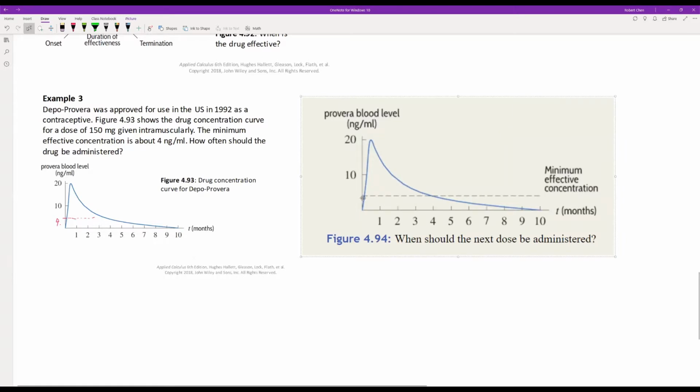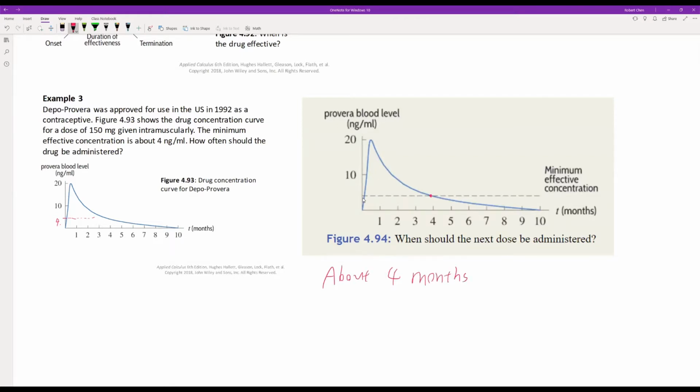So we can see that after taking the drug, the concentration curve hits the minimum effective concentration line at about 4 months, right? Around 4 months, right? So if we take the drug at time 0, after about 4 months, the concentration of the drug in your body is going to be lower than the minimum effective concentration, right? So when should the next dose be administered, right? So we can say probably about 4 months,